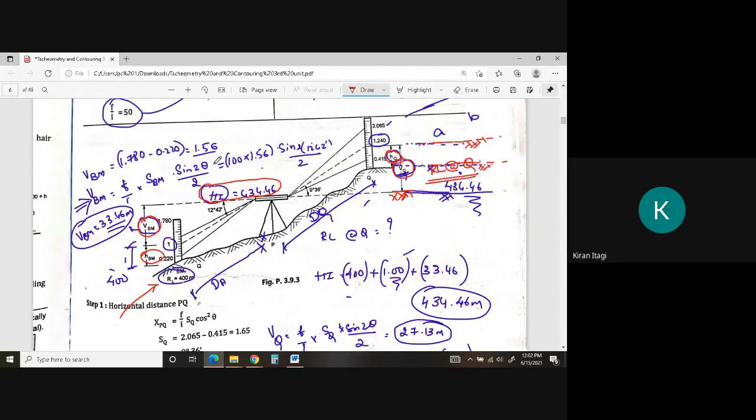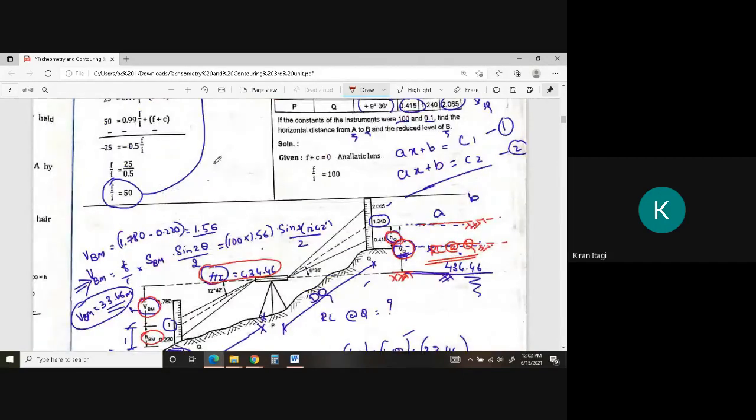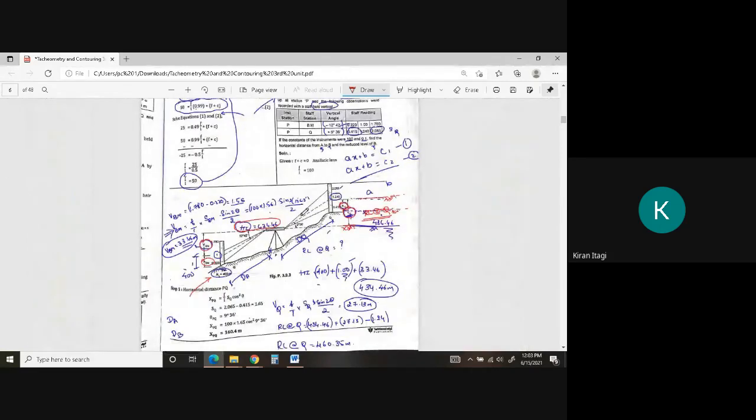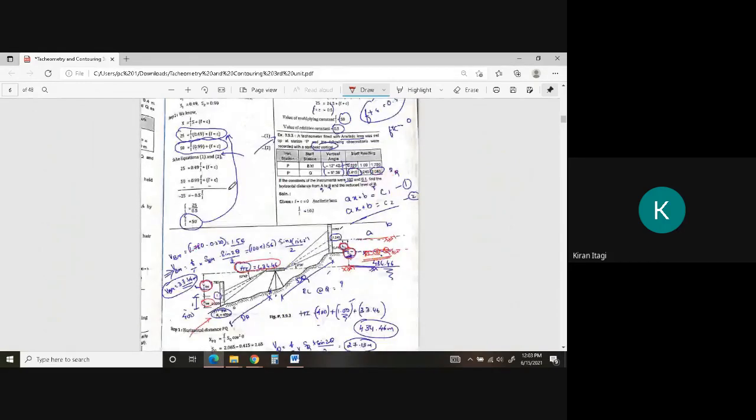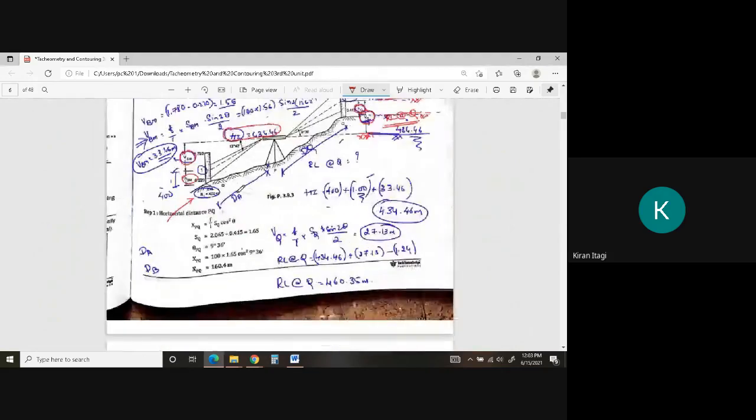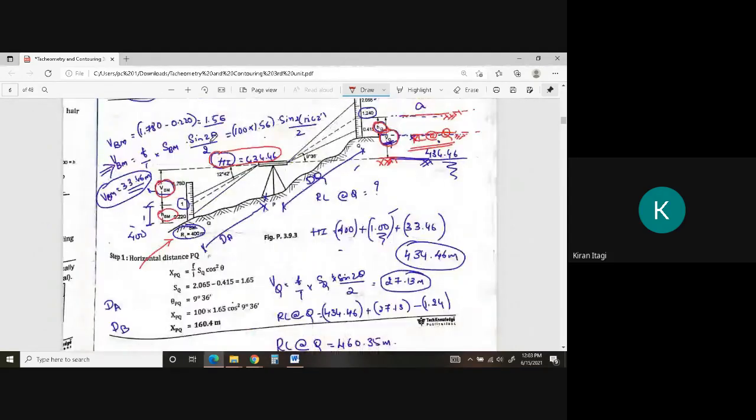Only thing is, if the mode of the exam is offline, then you have to draw the figure according to the given data. Then only you can solve the numericals. Otherwise it is very horrible to solve the numericals. And the most important point is that you have to remember the formulas. If you remember the formulas, then you can do calculations fast.